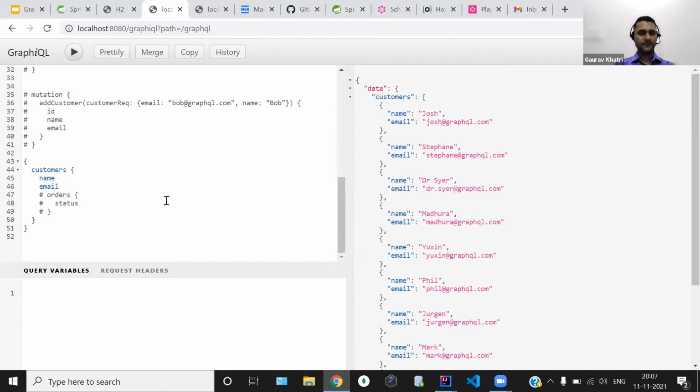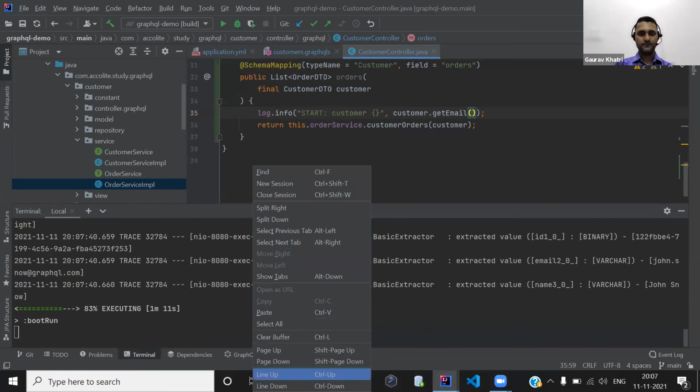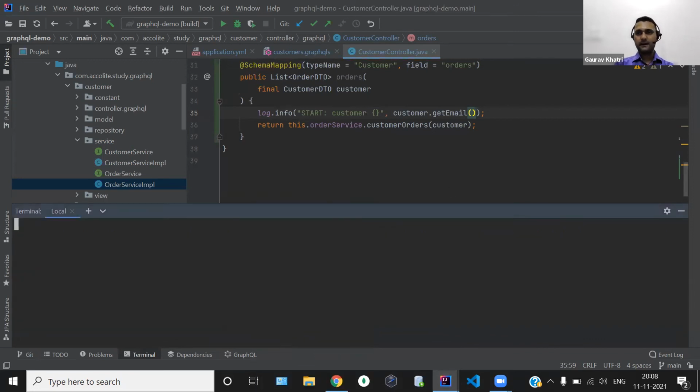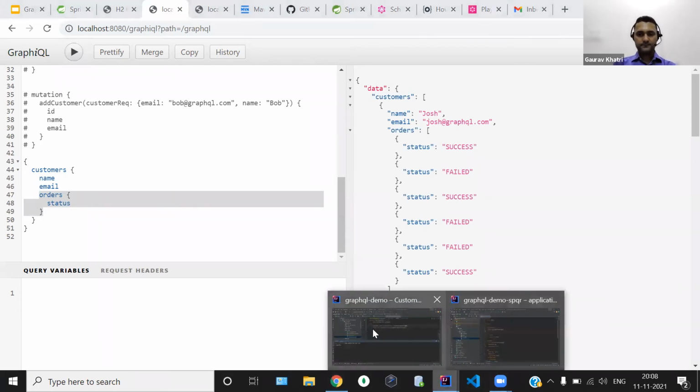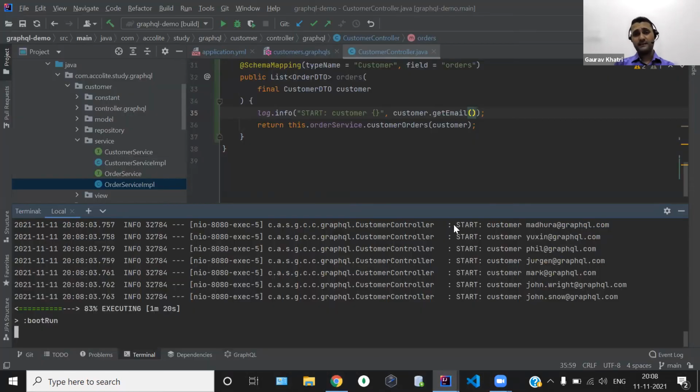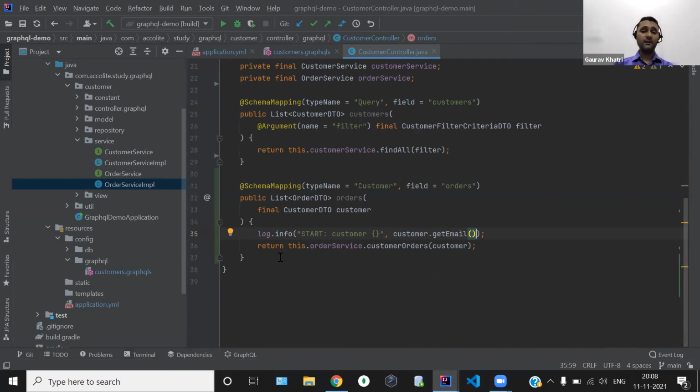So let's uncomment the orders, and again clear the buffer. If we run this query and look at the log, we can see the logger statement, start customer, followed by the email ID. So we can conclude that this resolver function will only get called when we demand that particular data in the query. This is how the resolver function can be utilized to optimize the GraphQL queries.